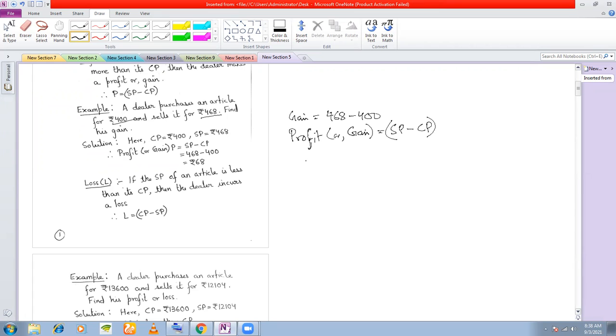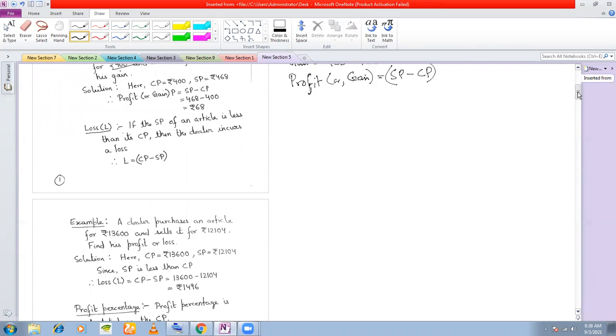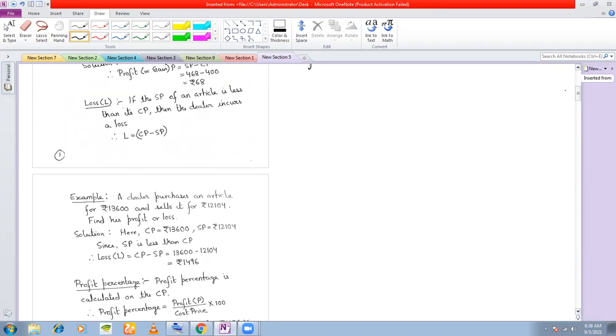Okay, remember this. Okay, now loss. Now what is loss? Suppose you are buying a certain item as a shopkeeper and then selling it, but you are selling it at a price that is lower than the price that you are buying. This can happen. Suppose you are buying it for 100 rupees and you don't want it, but because of market forces, the price drops by the time you sell it, because there is a time gap between buying and selling, right? Suppose you are buying it today and tomorrow you are selling it, so there's a 24 hours gap between buying and selling. So in that meantime, the prices of certain articles may drop, right?